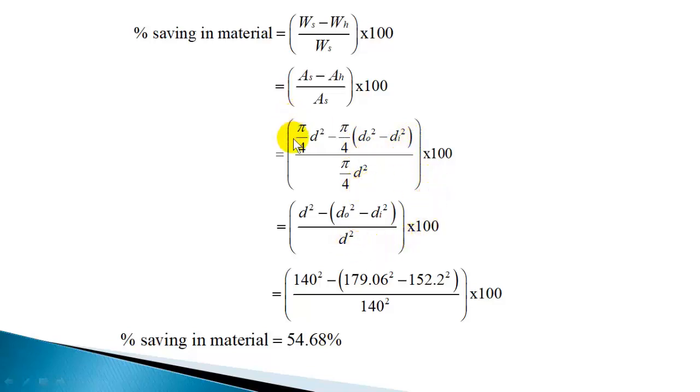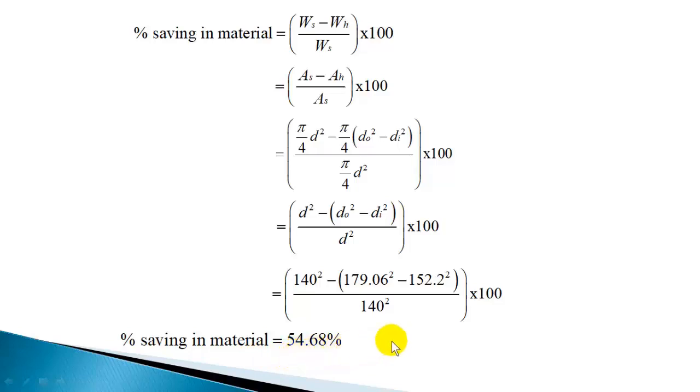So you can cancel this pi by 4, and you will get d square minus d naught square minus di square divided by d square into 100, and substituting for the solid shaft diameter and external and internal diameters of the hollow shaft, so percentage saving you will get as